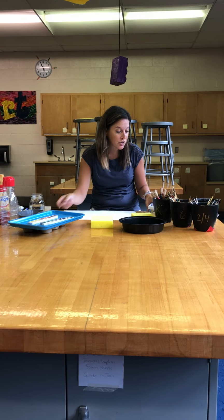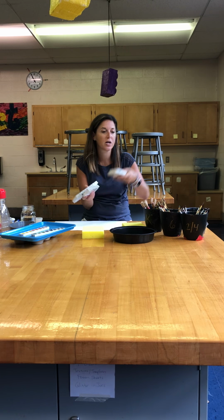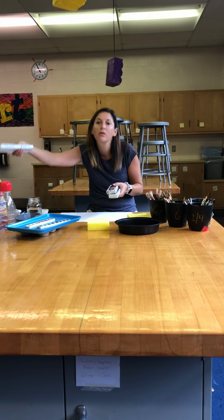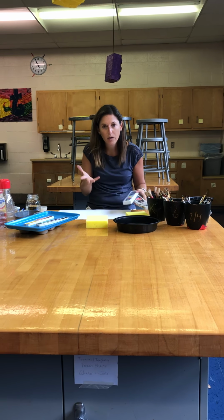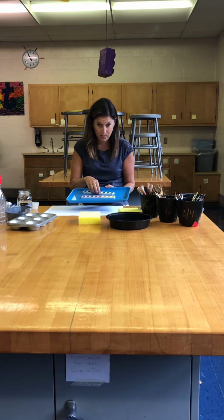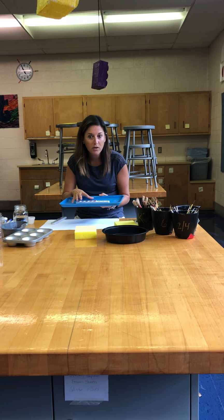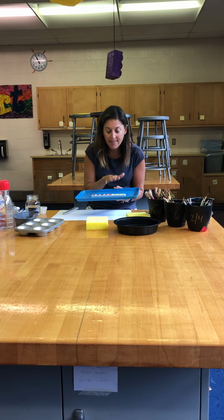One thing that I usually did in the past was I asked the kids to get 3 sets of watercolors. I would have my kids that sit on bottoms number 1 and 2 share a set, bottom number 3 and 4 share a set, and the kids that sit in the back happen to luck out and get their own. Well, what I learned with this is maybe changing things up this year and giving the kids paints that are not in our trays like we would normally, and start with maybe doing warm colors. Putting warm colors on a tray, 2 for each kid so they can all reach it,